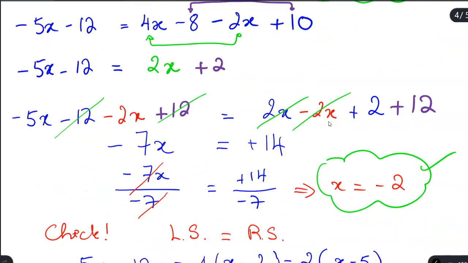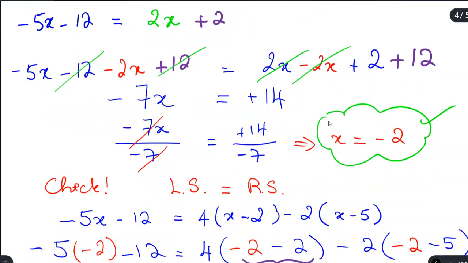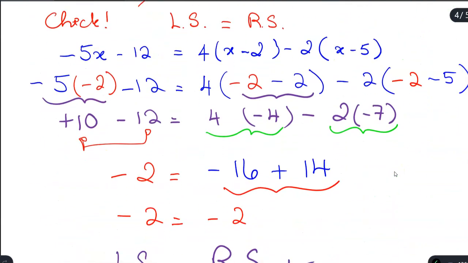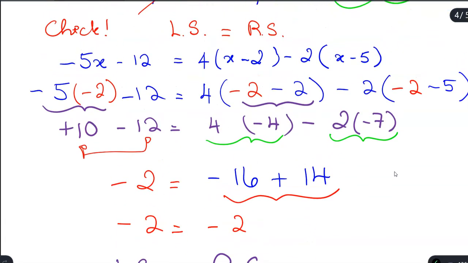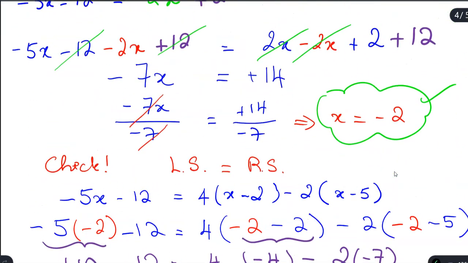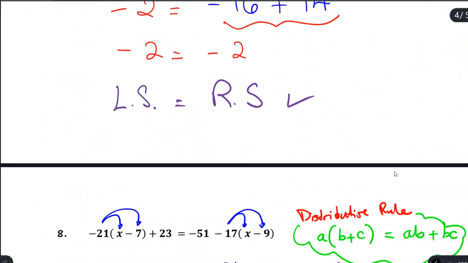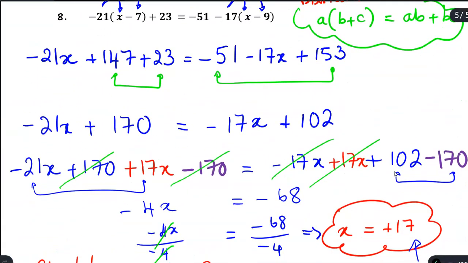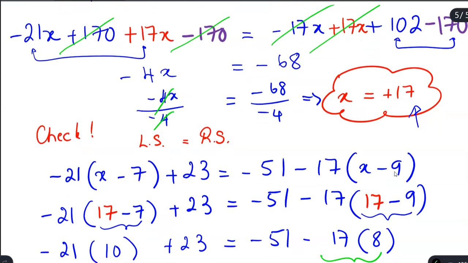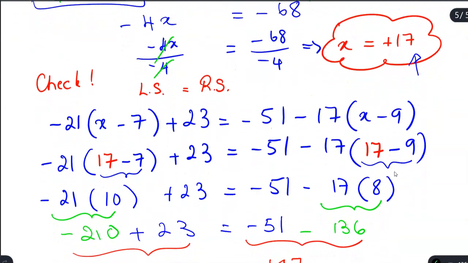Okay? So in the end, if you have negative 2 equal to x, it expresses the exact same thing. But we just want to be consistent, and so we isolate x by bringing x over to the left hand side of the equation. Again, if I mixed up the left hand side and the right hand side,